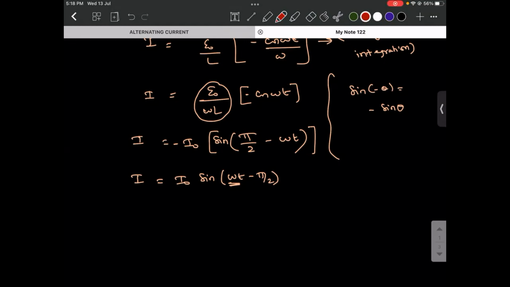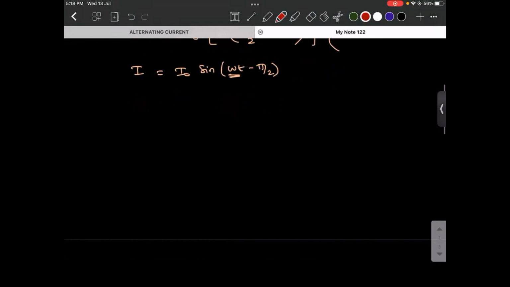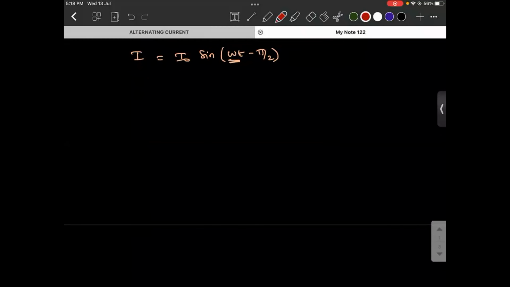What can you conclude from this? You can say that the current is, the capacitor is moved, you will understand what I'm trying to say. For a capacitor, what did we say? Current leads the voltage by pi by 2. Why did we write leads? Because if you had omega t plus pi by 2. Here what is happening? The current lags the voltage by pi by 2. So when you take that to be the scenario,